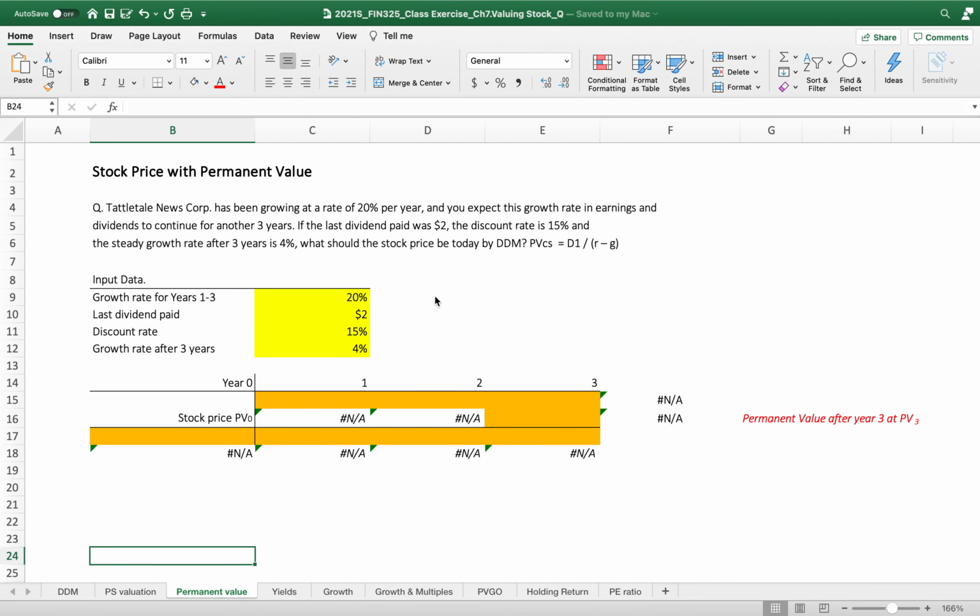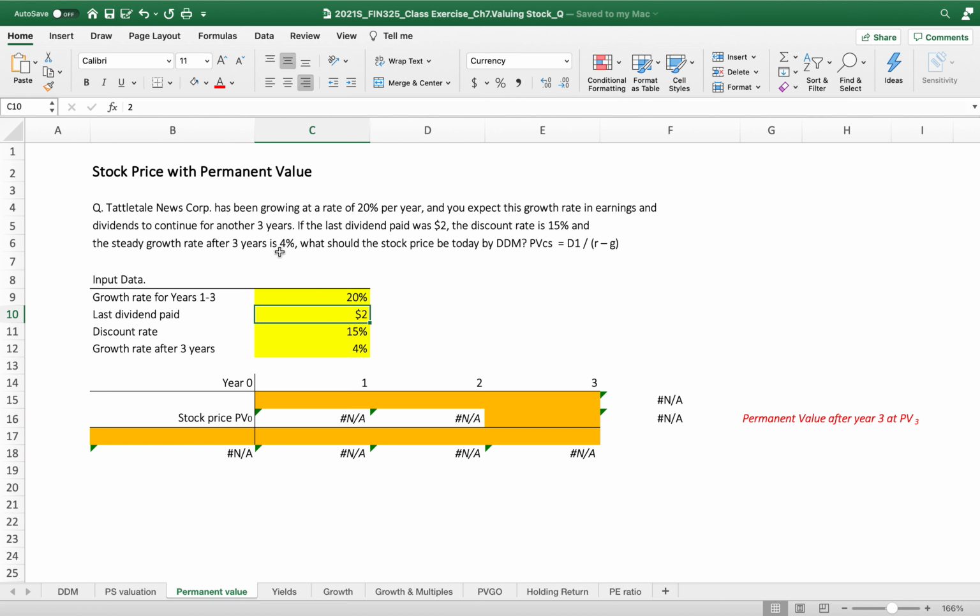Okay, so let's take this example. Tattletale News Corporation has been growing at a rate of 20% per year. And you expect this growth rate in earnings and dividends to continue for another 3 years. So we'll apply this 20% growth rate to the last dividend paid. If the last dividend paid was $2, the discount rate is 15%, and the steady growth rate after year